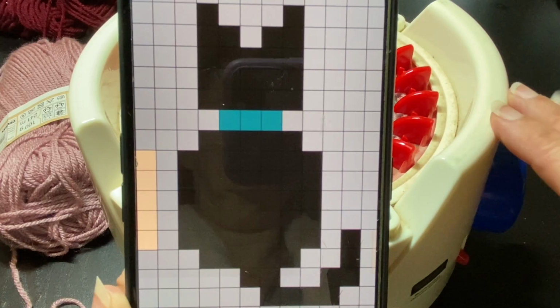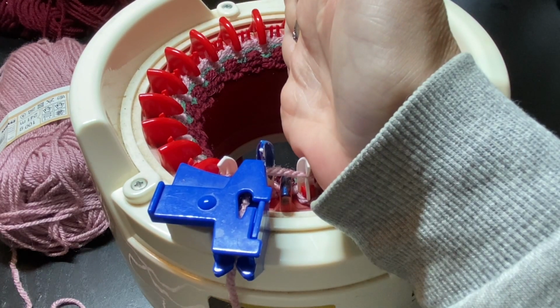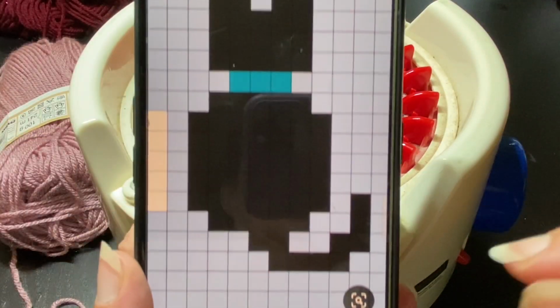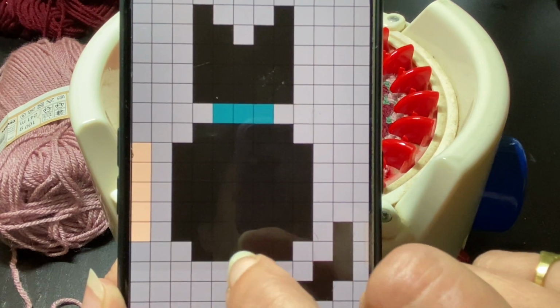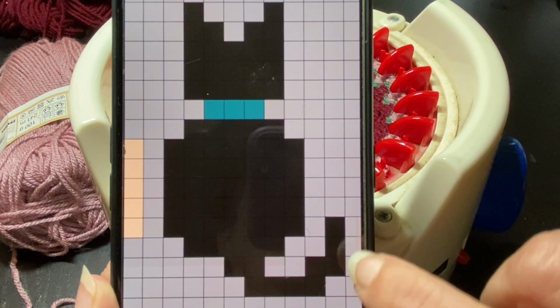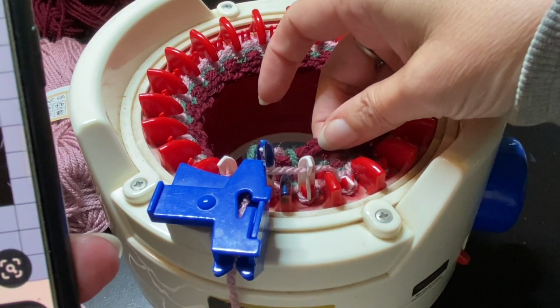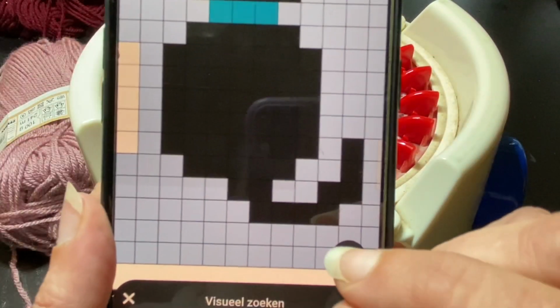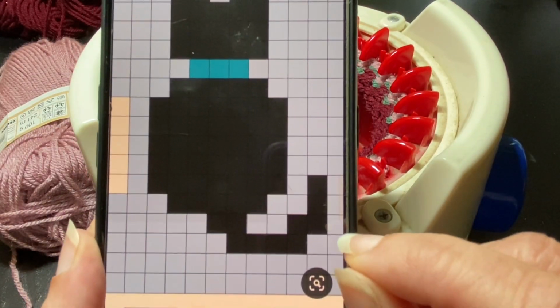For this demonstration, I'm going to use the cat pattern. I already started, and I'm going to do it on the half of the tube. This pattern is 11 stitches wide, 9 stitches for the pattern itself, and 2 stitches on the side makes 11 stitches. I'm going to start my work with a few rows in the main color, and then I'm going to start